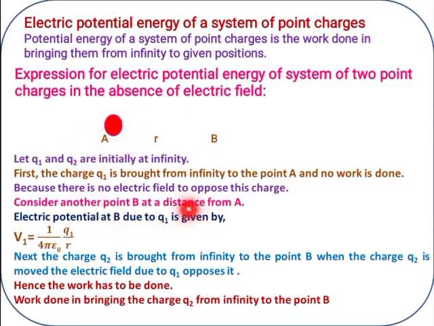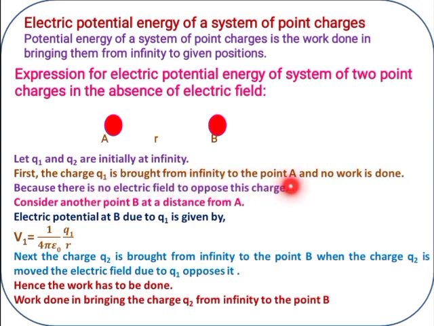Work done is 0. So there is no electric field to oppose this charge. That is the reason work done is 0. There is no work done. Next, for the next condition, for point B, here in the first case Q1 is brought from infinity